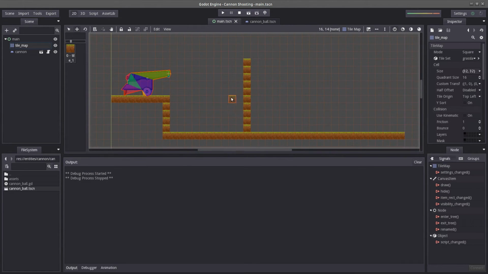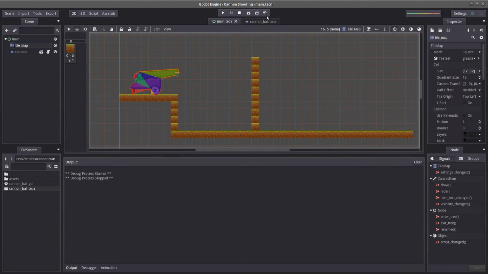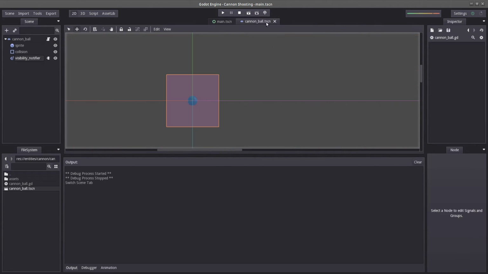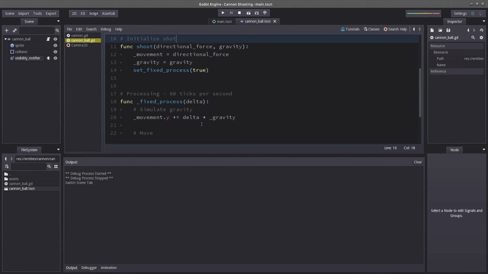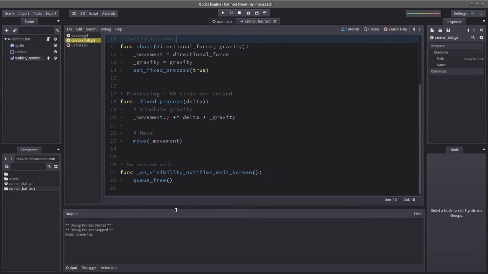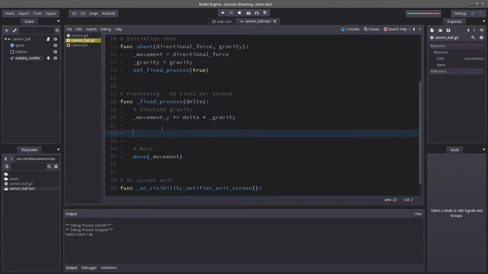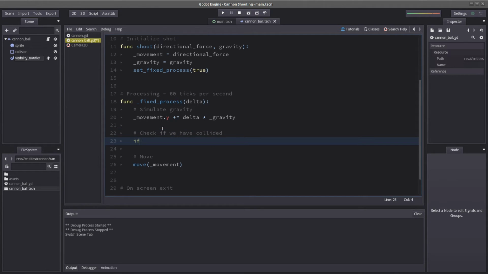So how do we make it bounce? Well, let's start by adding some physics to our cannonball. Let's go into our cannonball scene and open up our script here. Let me move this down, it's a bit too big here. Between simulate gravity and move, we're going to do some collision checking. I'm going to first check if we have collided with something, because we don't want to do anything before we collided. So if is_colliding is true,